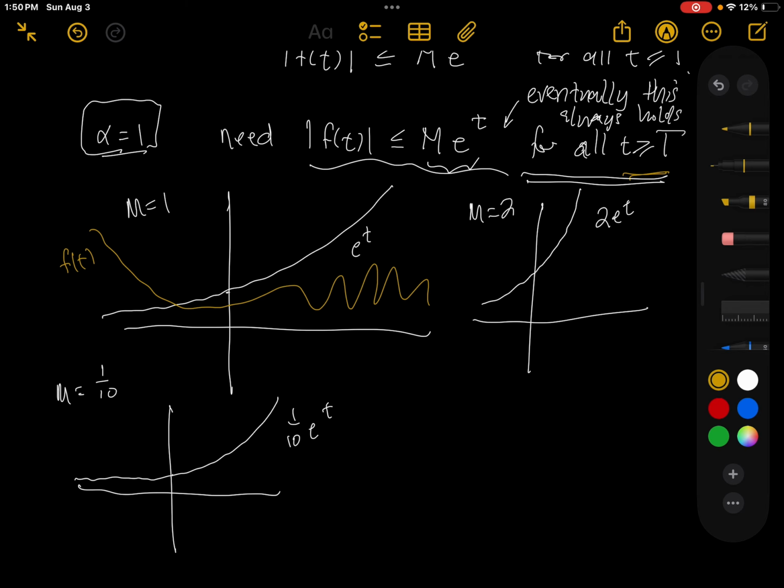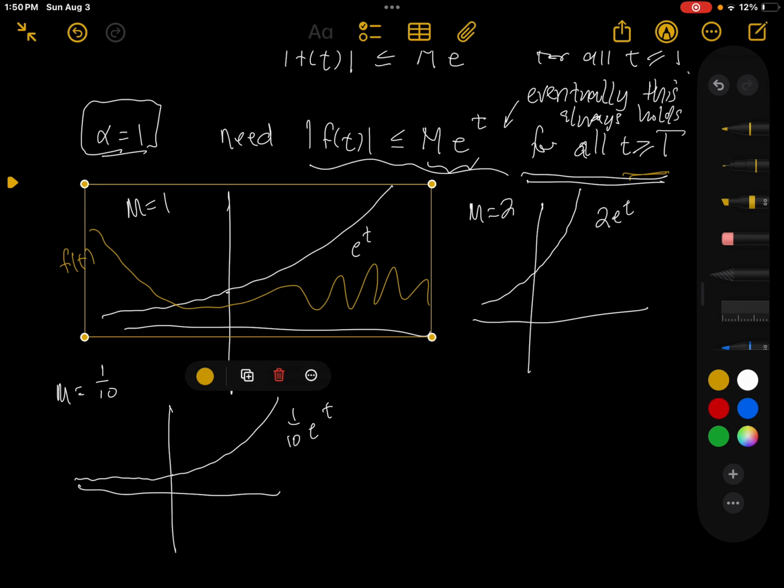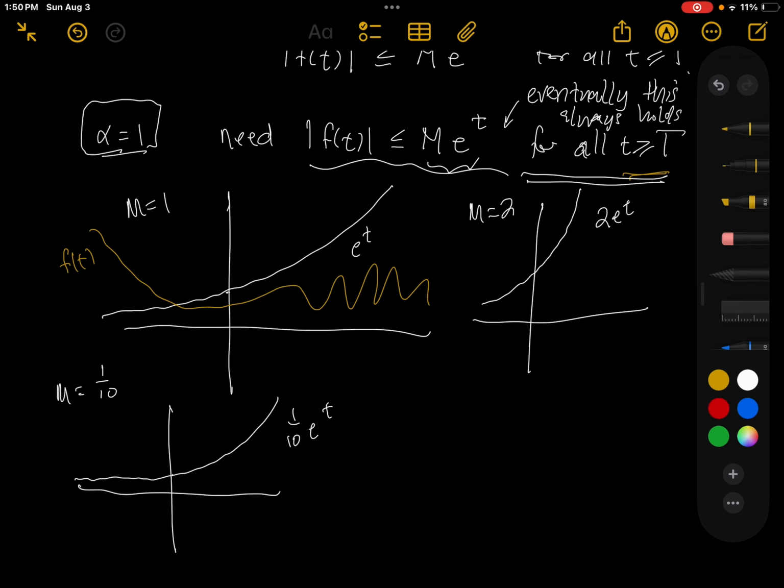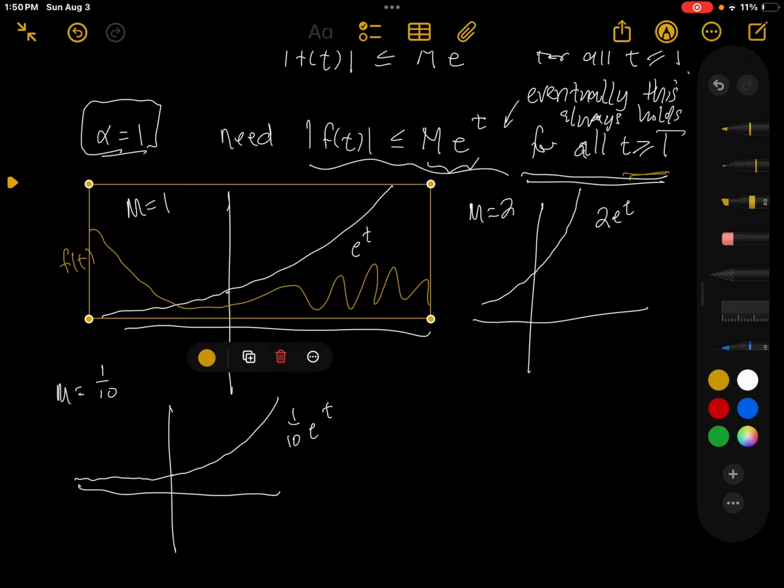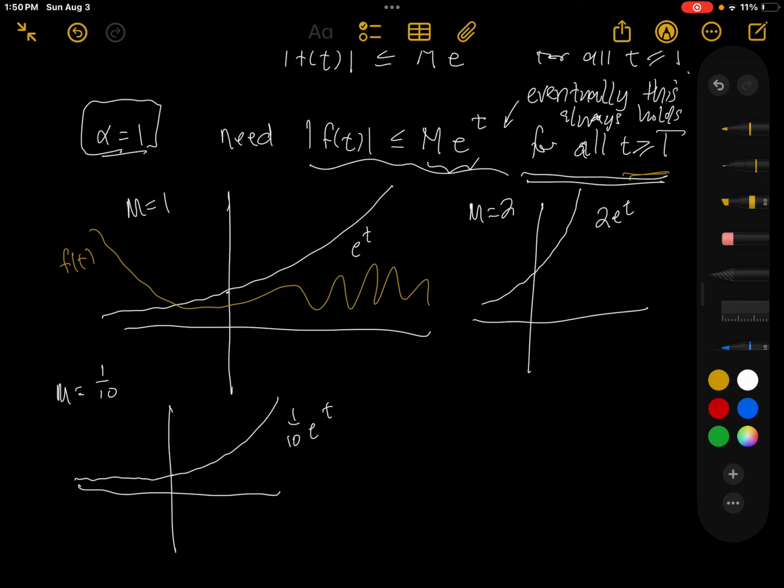Because when you look at f of t here, f of t is bigger than e to the t over there,